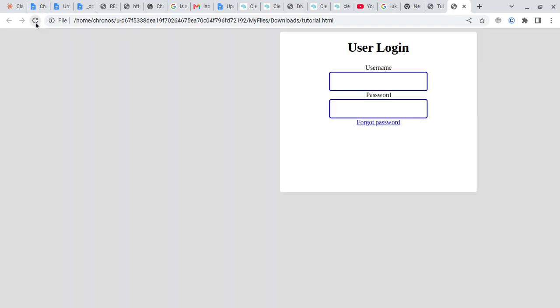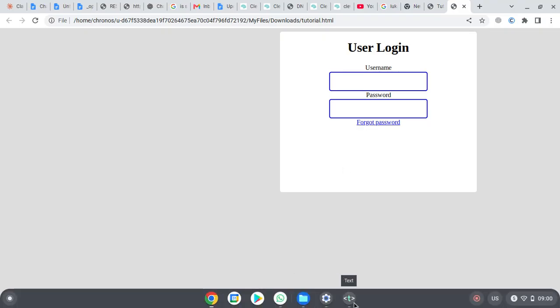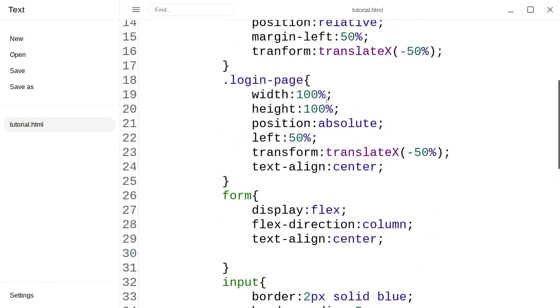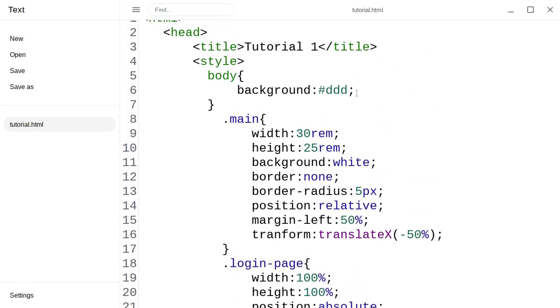We are going to reload, and as you can see, it seems to have gone a little too much to this side. It is not at the center, really. It's not at the center. So probably because we never declared the size of the body. Yeah. So let's declare the size of the body, and we say the body